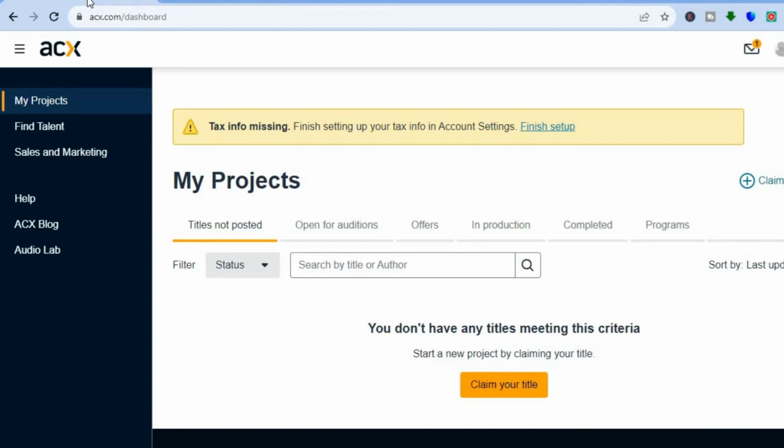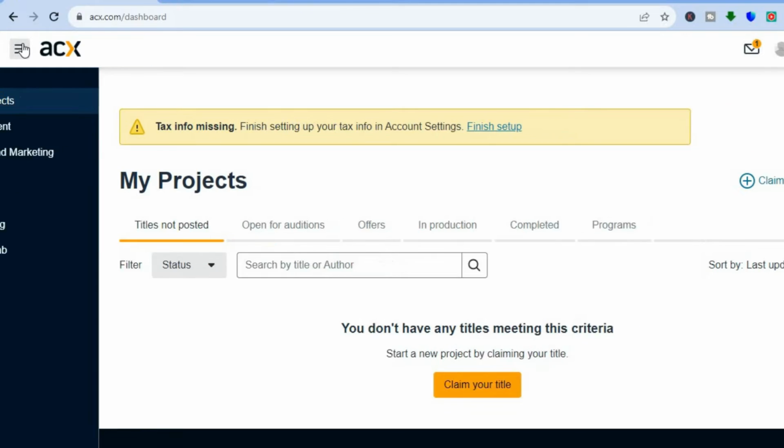this website by the name of acx.com. acx.com is the platform that you go on to create or to upload audiobooks to Amazon. So all you'll need to do is go onto acx.com, and from there you're going to sign in using your